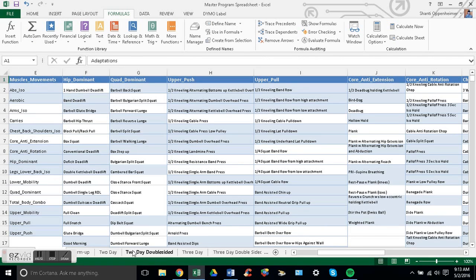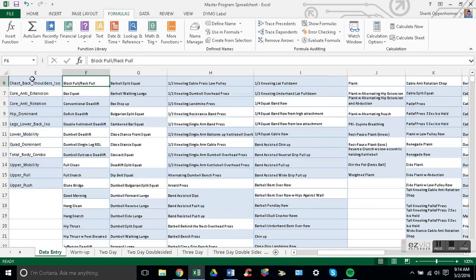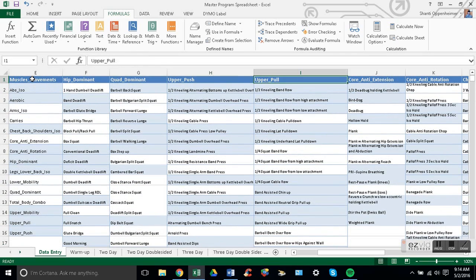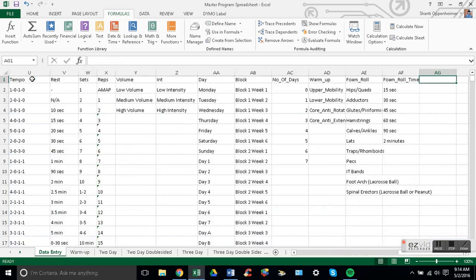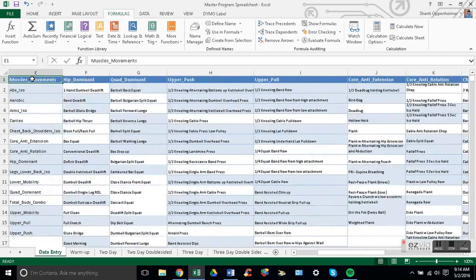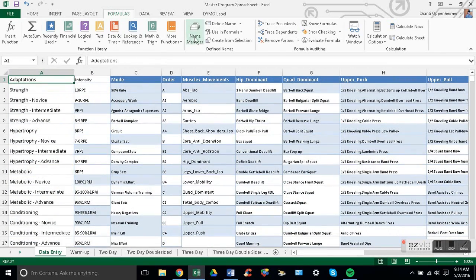Here's the Excel sheet that I've created, and as you can see there's a bunch of name range columns on the data entry tab. This is where all my name range columns are. The first one you see is muscle slash movement, or muscle_movements, and underneath there's abs, right? There's a bunch of different lists, and those are actually other name range columns in themselves. So hip dominance is another name range column, and it's under the muscle movements column. Quad dominant, upper push, upper pull. There's a bunch of them, and they all work as drop-down menus on my